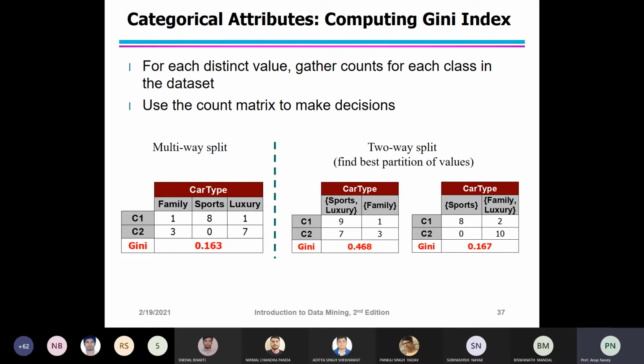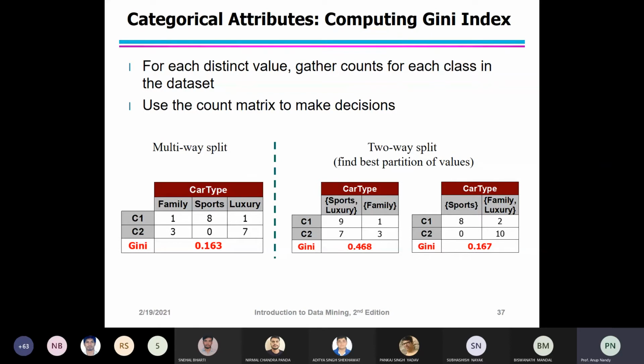For example, if you have car type, you have family, sports, luxury. Then for a two-way split, you can have sports and luxury, family, or sports, and family and luxury. The computation of the Gini index for a binary split is similar to what we have already seen for the binary attribute.